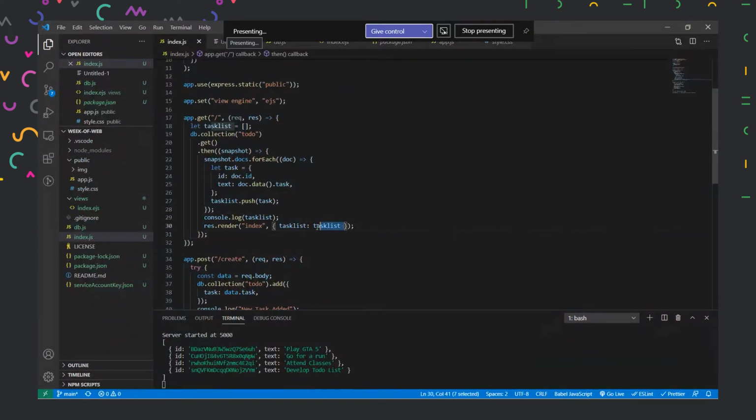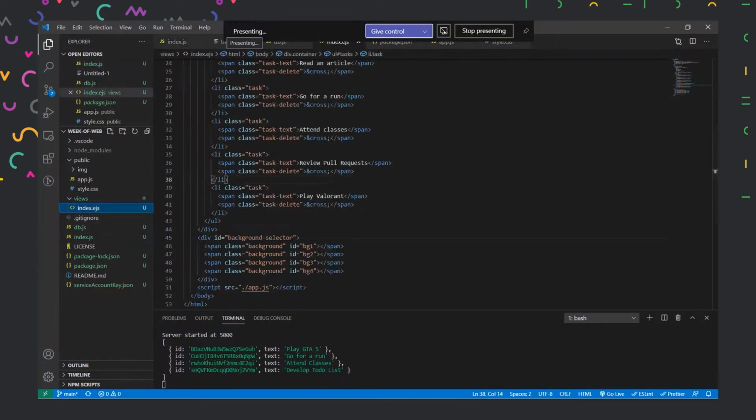So we have this variable created, which is going to our front end now. So when we put render here, it will render the index.ejs file, and then it will also keep this object created inside our rendering directly. So with that, we'll go to index.ejs now.